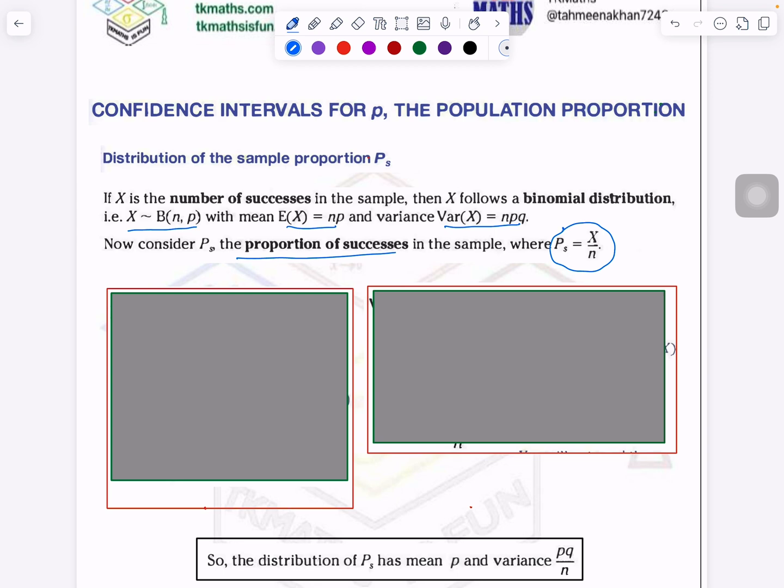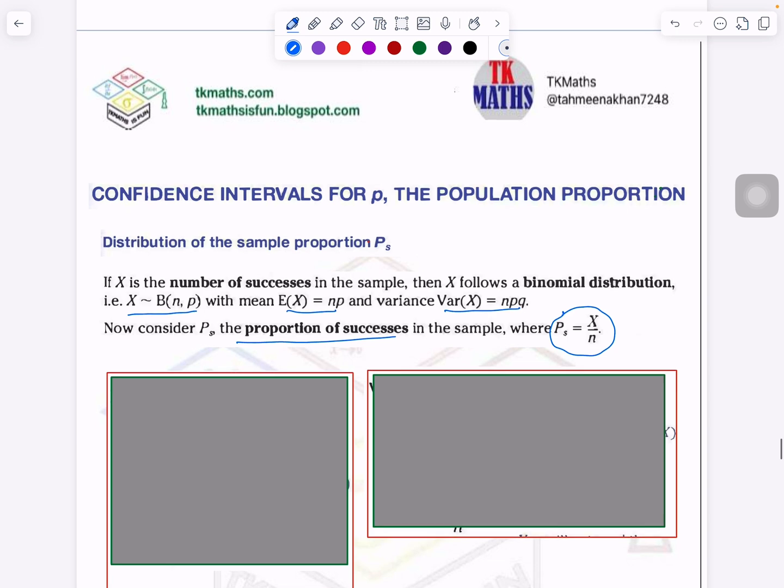Now how do you get the distribution for population proportion? What do I mean by that? When we got the distribution for mean, if you remember, it was like this, right? So this was the distribution for the population mean, confidence interval for mu. Now how will you write down the distribution for population proportion? Let's start. I can tell you directly also here. It is given in MF19 also, but I think you need to understand the reason why.